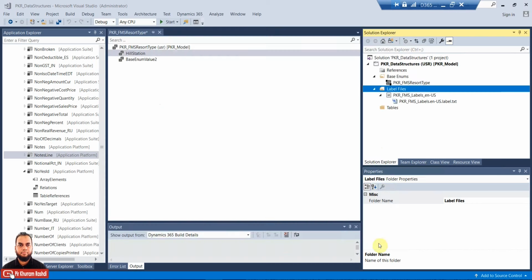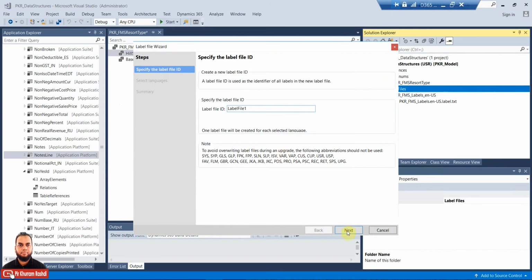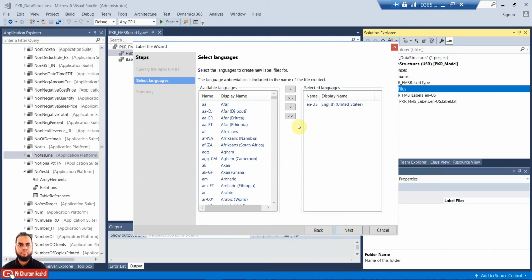I will just show you. Basically, the label is just helping in creating multiple languages. Here you can see the selected language is only English US. But if I, for example, add Arabic, both will be selected here.